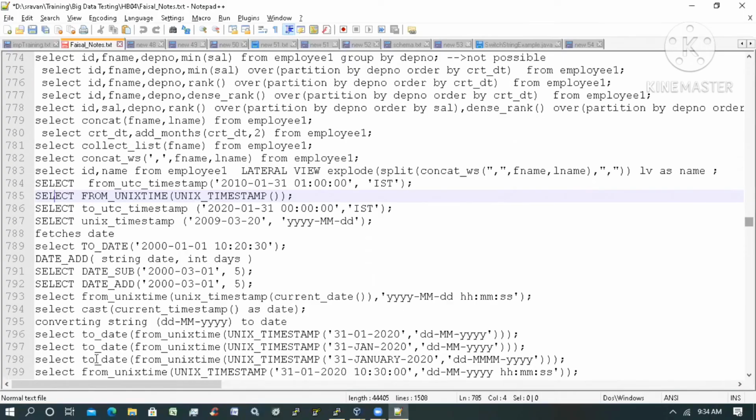Okay. Now we want to convert the times from one format to another format. How can we convert the times? We'll see it. First of all, Unix timestamp. What it will give is our current time in epoch format.